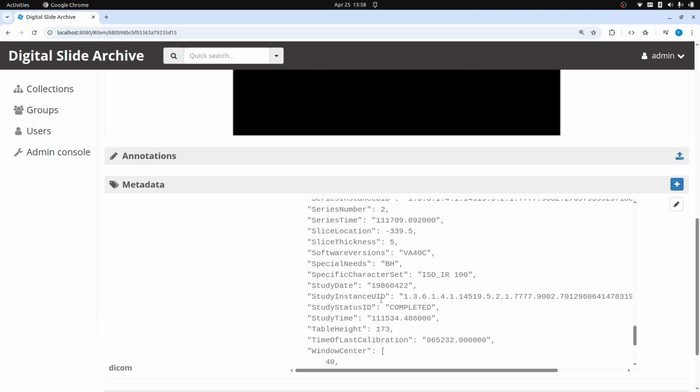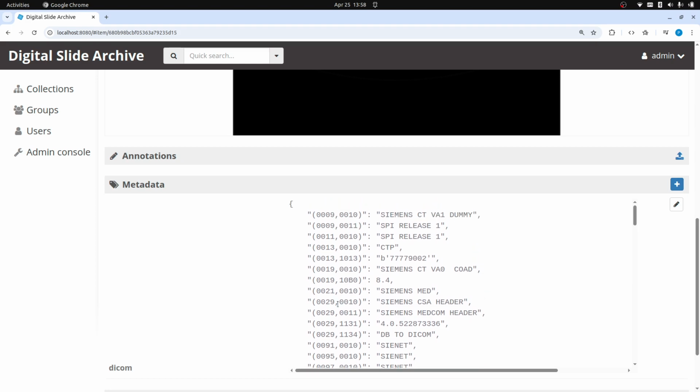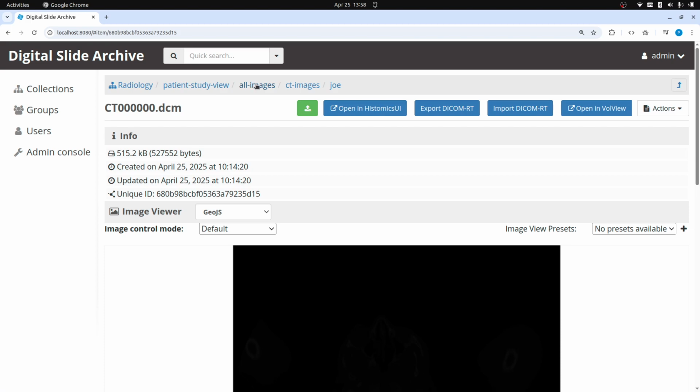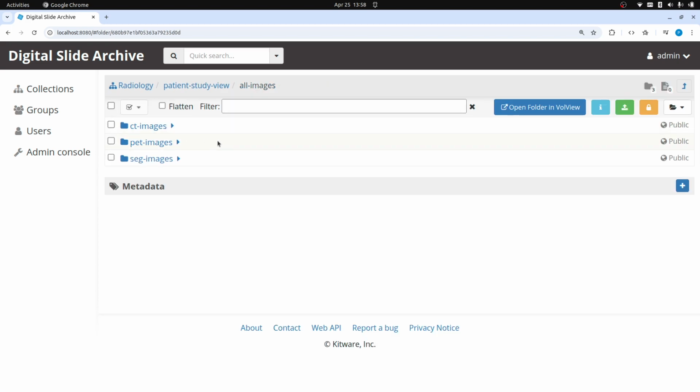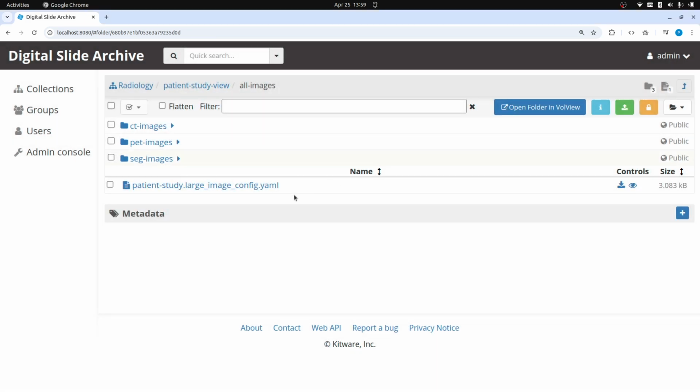And so then when we click on a study, it'll go ahead and open all the files that have the same study ID in VolView. And because the CT and the PET images have the same study ID, that'll be how we'll see them together in VolView. So I'm going to go and demo this by uploading a YAML that I have created here, which basically keys off